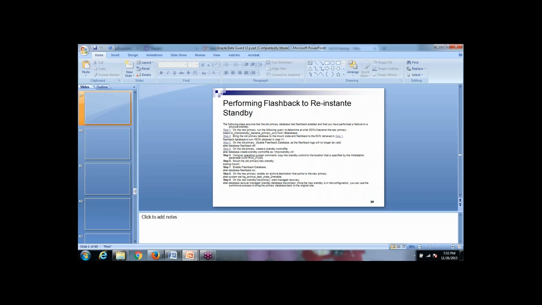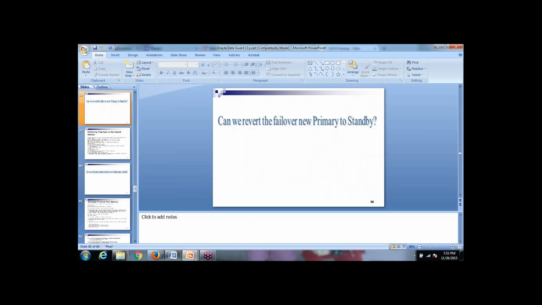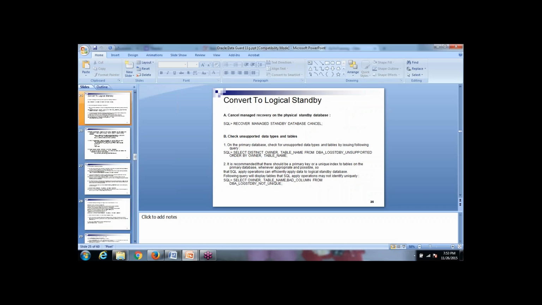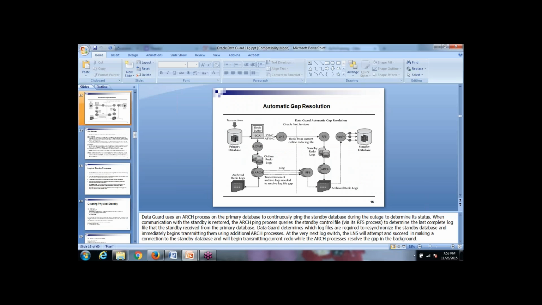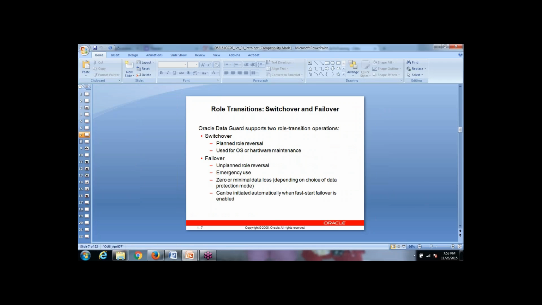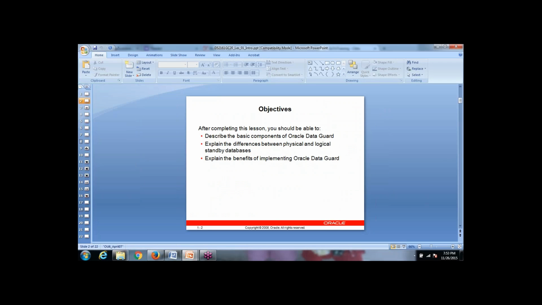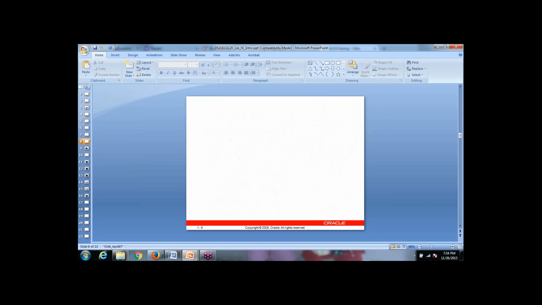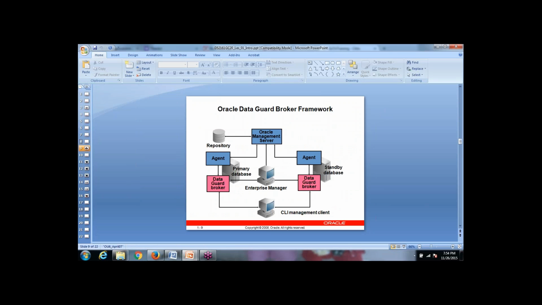So this is a brief introduction to Oracle Dataguard. The topic is very vast, and I cannot cover and finish it in 15 minutes. As already discussed, I will use these Oracle Dataguard slides at the time of imparting the training, so that we'll have a better idea